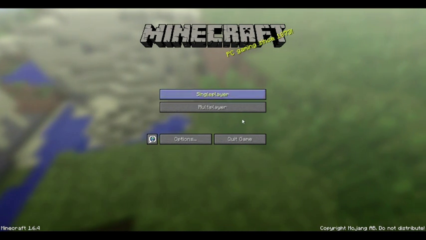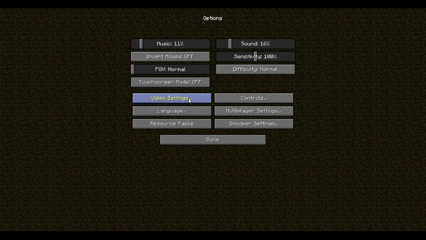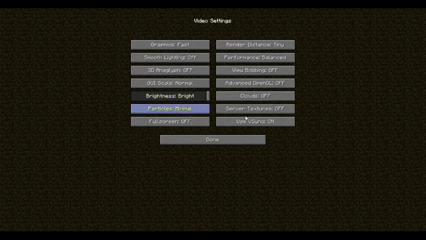The first thing you want to do is go here into options, and then into video settings. And the first thing you want to do is set your render distance to tiny. It's normally on far, but you want to change it to tiny for the best results. There's also normal and short, but short is for slightly faster than really slow computers, and normal is for normal computers, and far is for really good computers. And I can probably keep it on far just because of my laptop, but you want to set